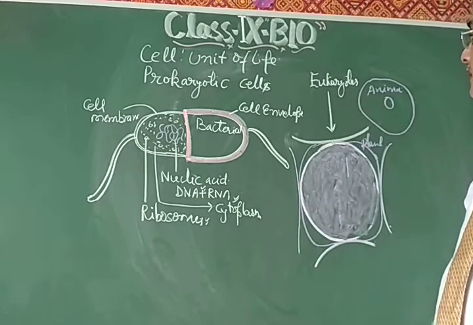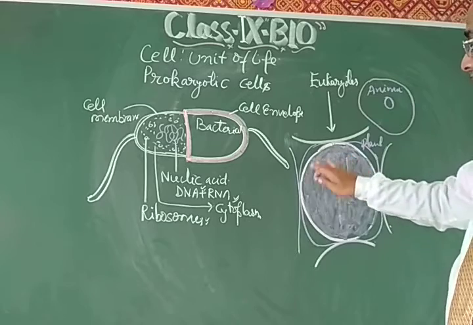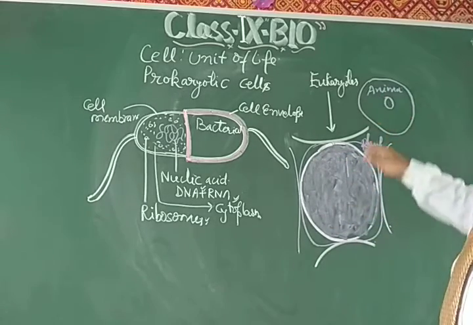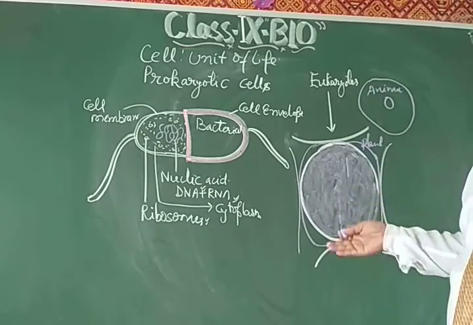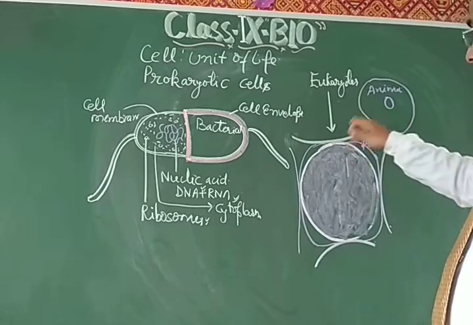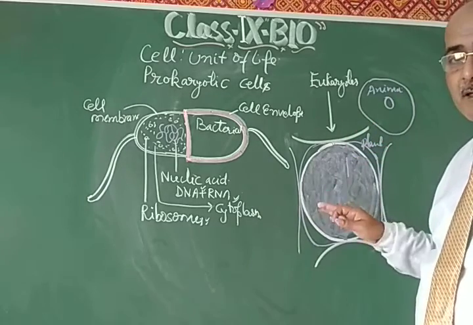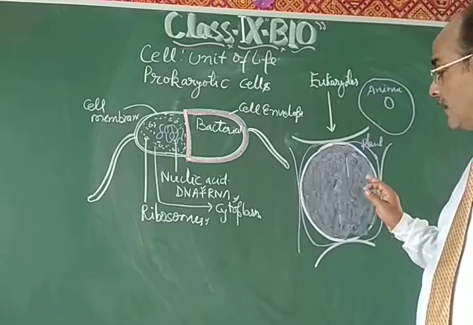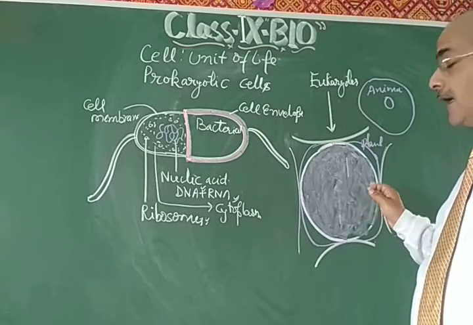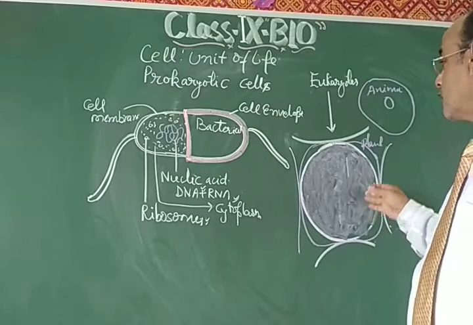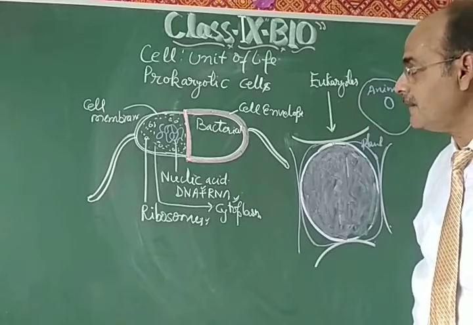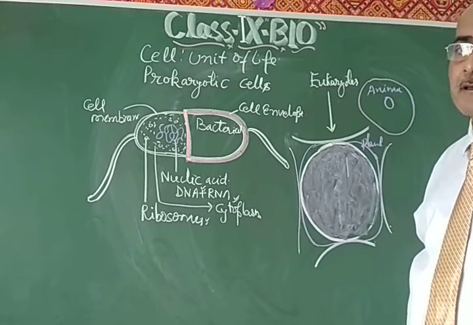And in the eukaryotic cell the complete cell is present, nucleus present, other cell organelles are present inside it, which we will discuss later on in the next videos, and cell membrane is present and cell wall is present. No cell envelope is required over here, and ribosomes are also present, and all the functions are carried out by the different types of cell organelles that are present in the eukaryotic cells.